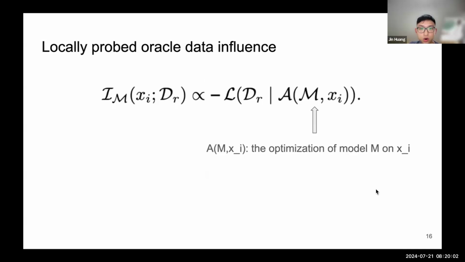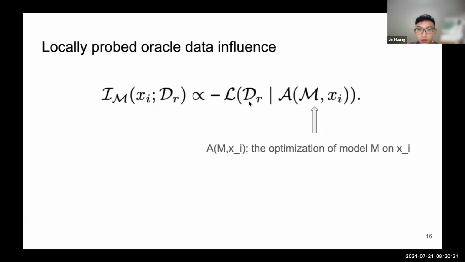Here I eliminate another lengthy derivation that is very, very similar to the original influence function paper. But the takeaway here is that the author derived that this Oracle data influence will be proportional to the negative of the